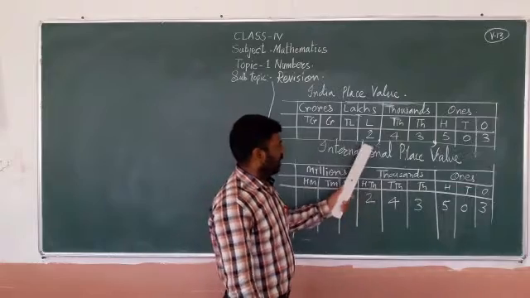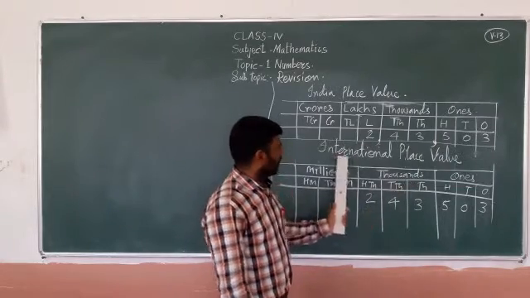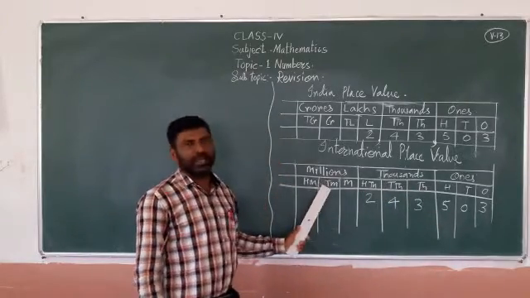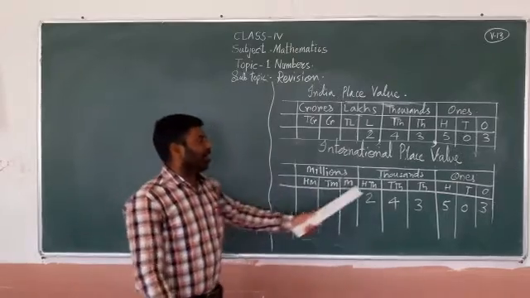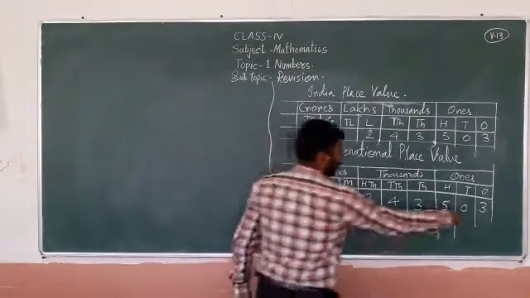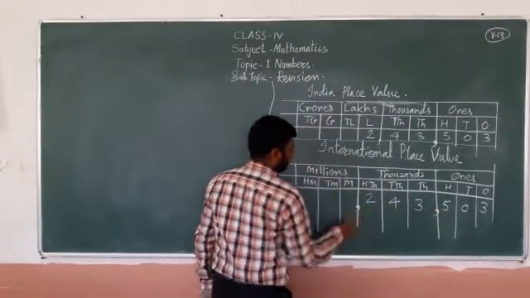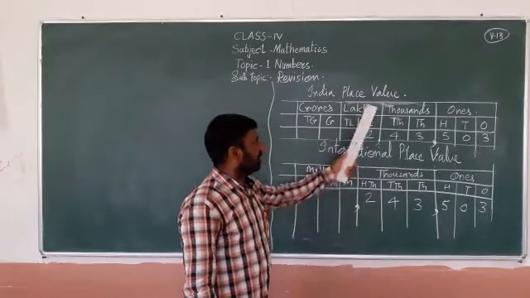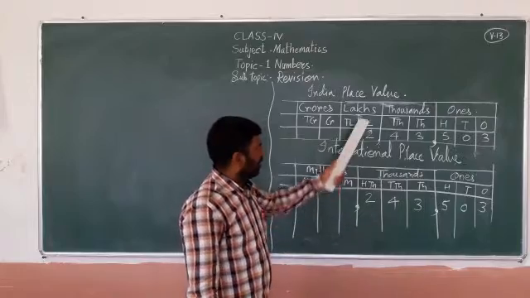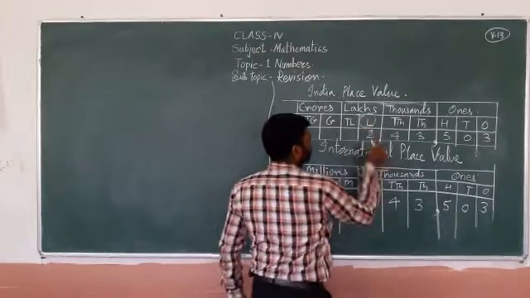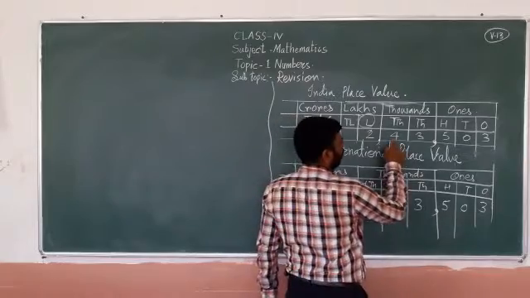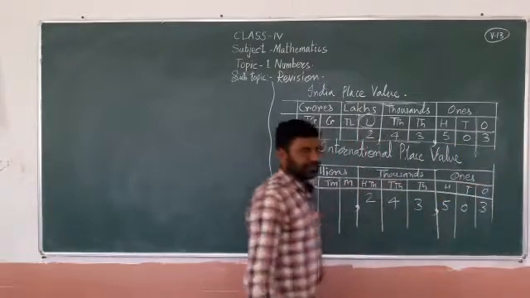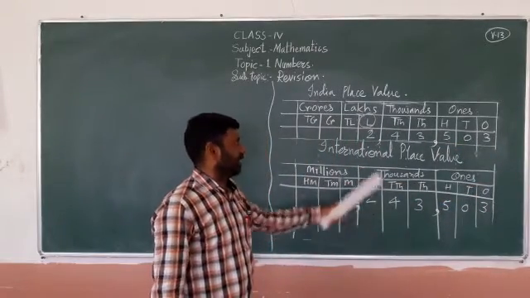Let's see here in thousands period. In international place value, each and every period, it may be ones, it may be thousand, it may be million, it may be billion, it may be trillion, will have 3 places: 1 2 3 comma 1 2 3 comma, like this. See, we will read in Indian place value as well as international. See, here 2 is in lakhs period, so 2 lakh. 43 is in thousands period, 2 lakh 43,503.